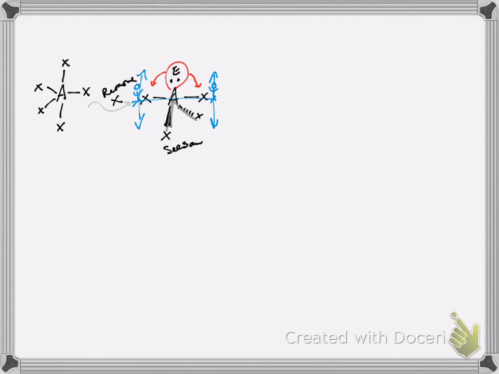But remember how we got there, we started with the trigonal bipyramidal, and we took off one of the electron domains, one of the bonded atoms. Now if we take off another one, we remove an X, we'll be left with a really funky one. We'll have 2 electron domains here, and then we'll have these 3. But if we look closely,